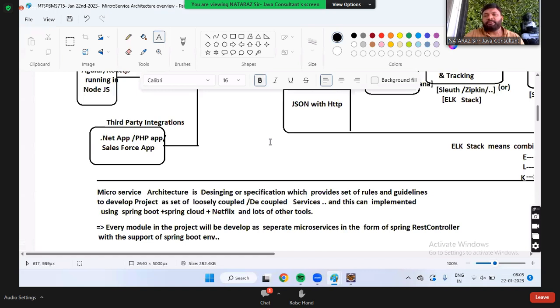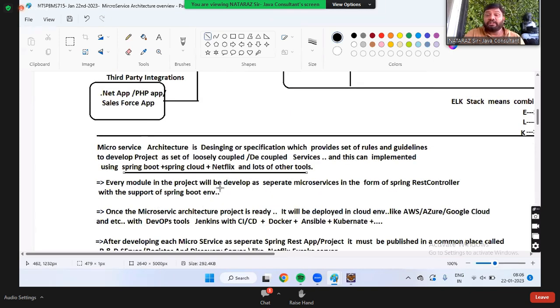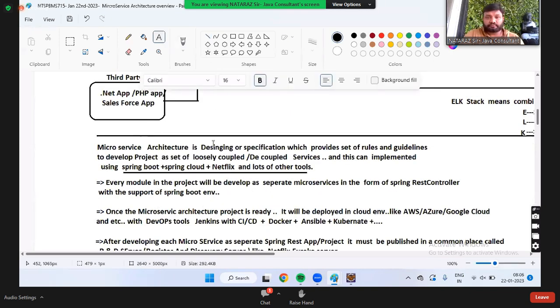Yeah. Now let us see the points one by one. Microservice architecture is a design or specification which provides a set of rules and guidelines to develop a project as a set of loosely coupled or decoupled services. And this can be implemented by using Spring Boot, Spring Cloud, Netflix, and lots of other tools. And what is the basic microservice architecture? Basic set of rules are there, and implementation is possible using them. Every module in the project will be developed